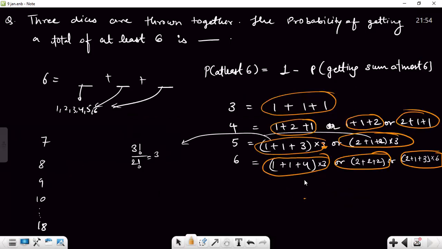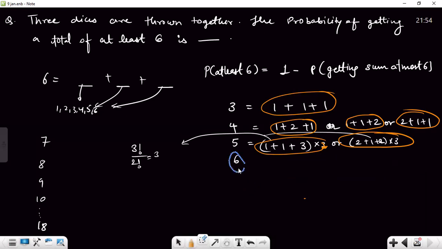So here also we are not going to include 6, otherwise it will be a mess. Then we are also going to consider the 6 case in at least 6, and then we would calculate the number of cases for 6 twice. So this time 1, 2, 3, 4 plus 1, 2, 3, 4, and 3, 7, 7 and 3, 10. So how many total cases